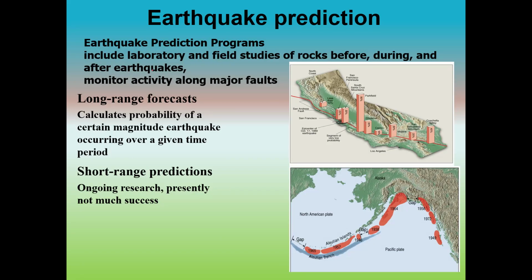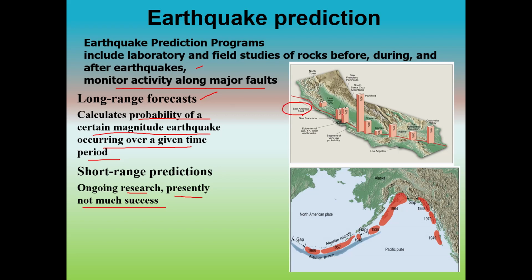Earthquake prediction. It includes laboratory and field studies of rocks before, during and after earthquakes, and monitoring activities along major faults. Long-range forecast can be done to some extent, like calculating the probability of a certain magnitude earthquake occurring over a given period of time. But short-range prediction is still under research, with presently not much success. Now, how do they do this long-range forecast? For example, the San Andreas fault,